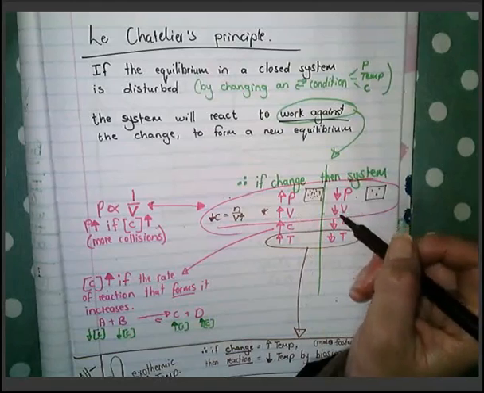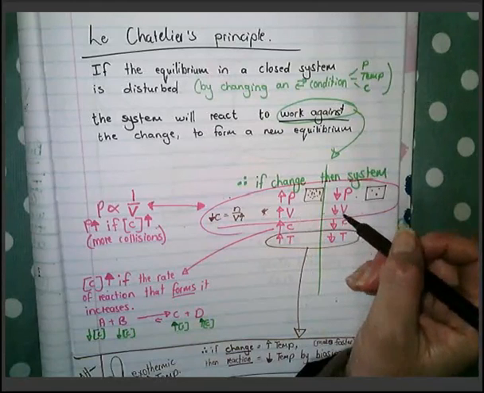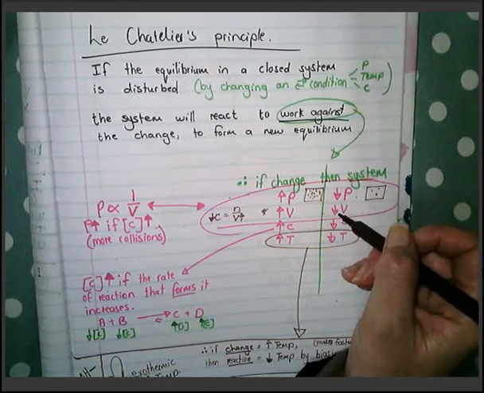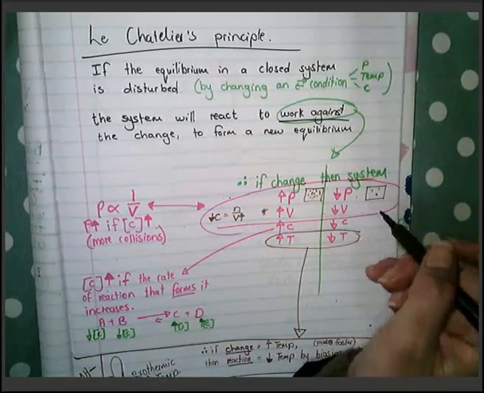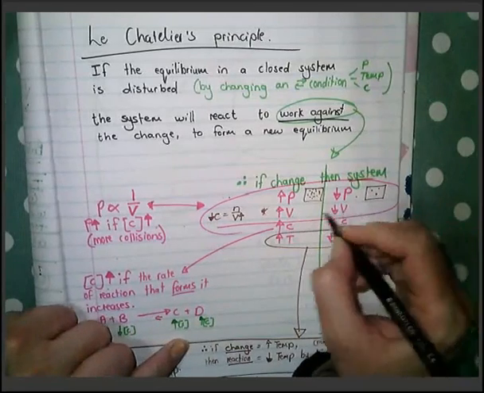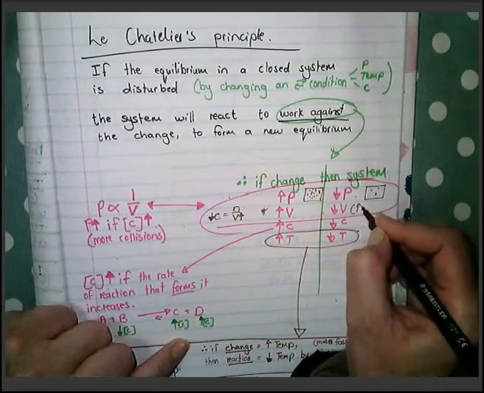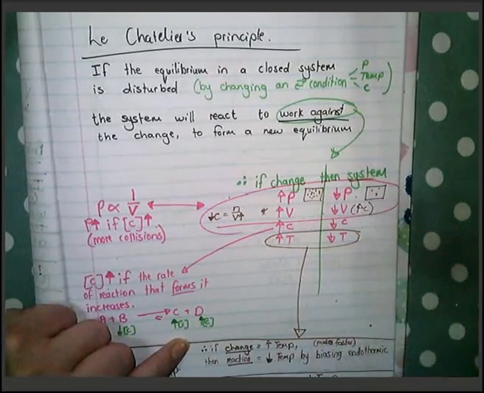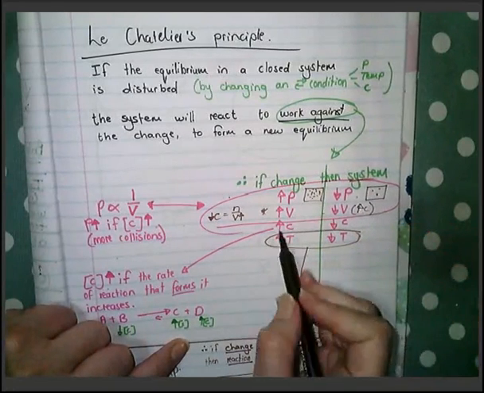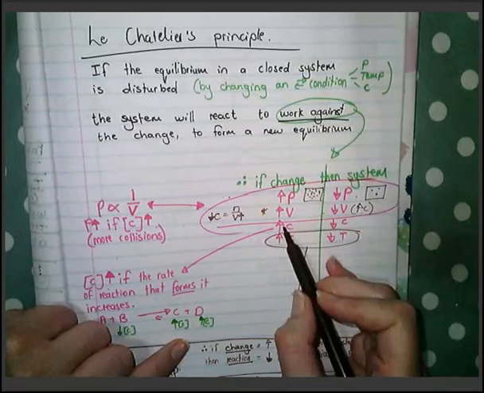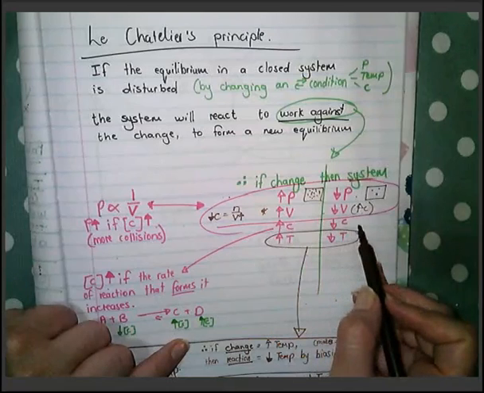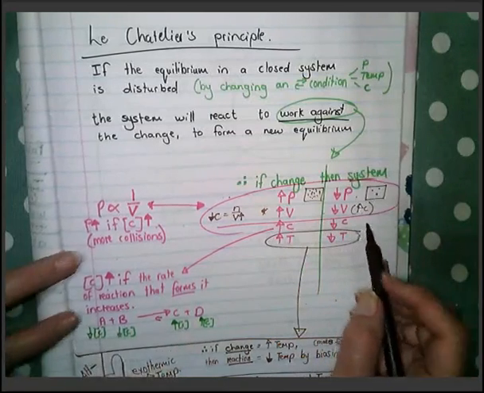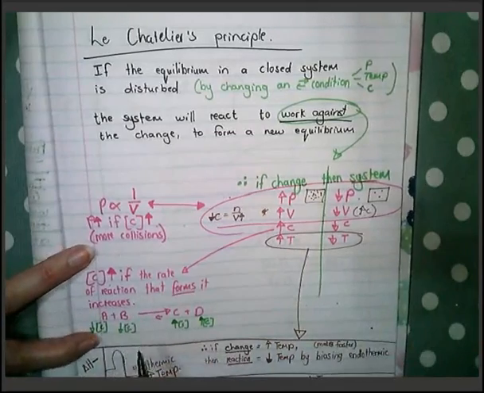It will work against a decrease in volume by decreasing concentration. Right? Let's rather say increase in concentration there. It will work against an increase in concentration by decreasing concentration. So,